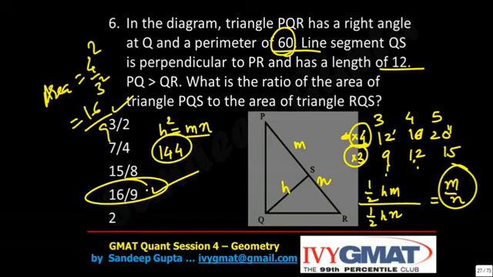Which multiplication gives you 144? 16 into 9 is 144. What do you need? M by N, and you know M into N. This is the third approach. H is given as 12, so H square is 144. So M into N should be 144, and M by N, just look at M by N, 3 into 2 is not 144, et cetera. You know that now. So the most plausible answer is 16 by 9.